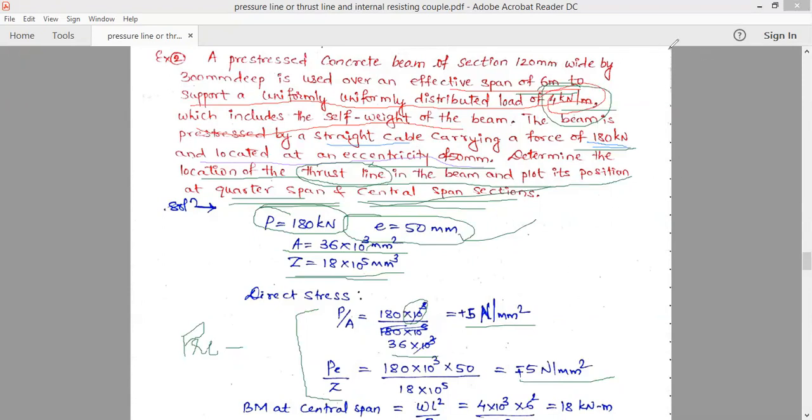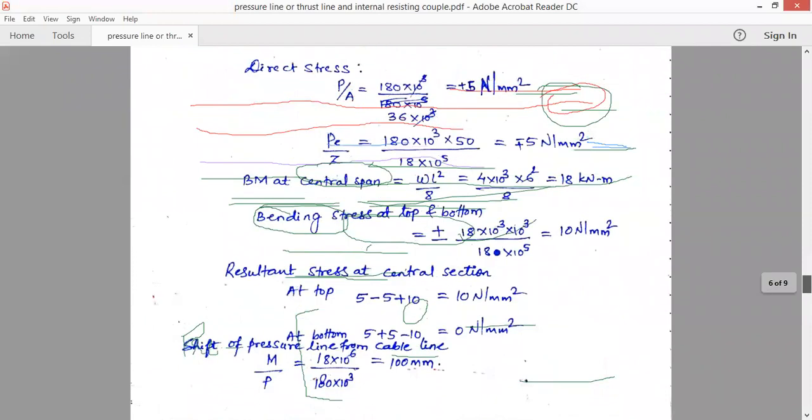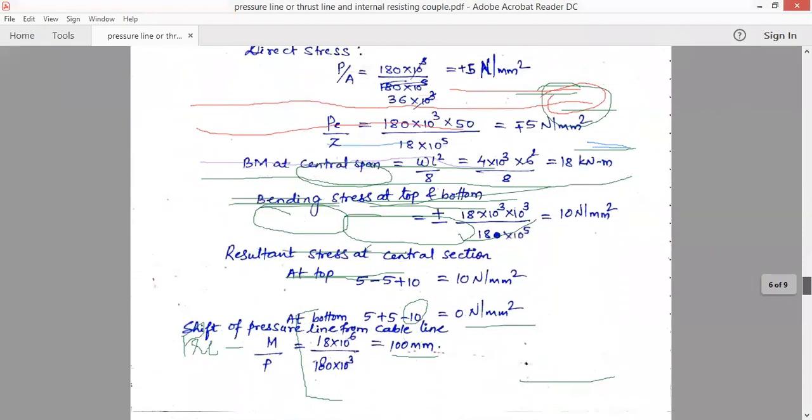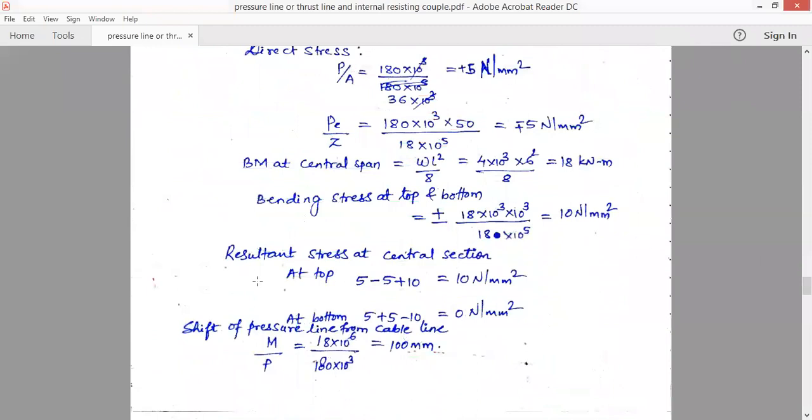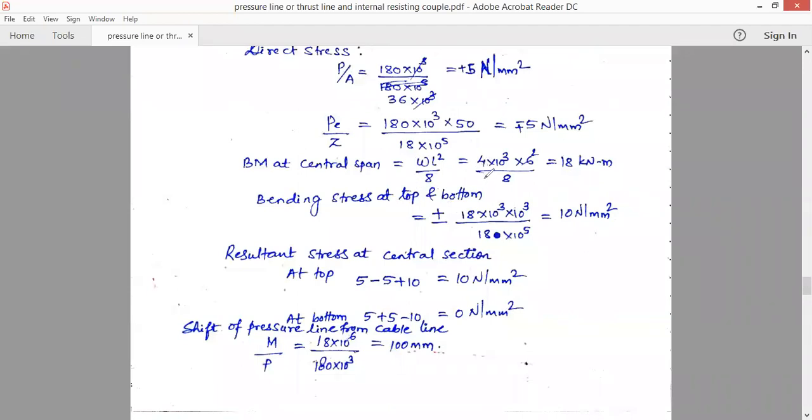Now we are going to calculate the bending moment. So we have the load, it is 4 kilonewton per meter. With respect to that, we will calculate the bending moment now. So bending moment is W L square by 8. Calculating the bending moment, 4 is W, kilonewton, so 10 to the power 3, and length 6 meters, W L square by 8. So we have 8 kilonewton meter, that is the bending moment.